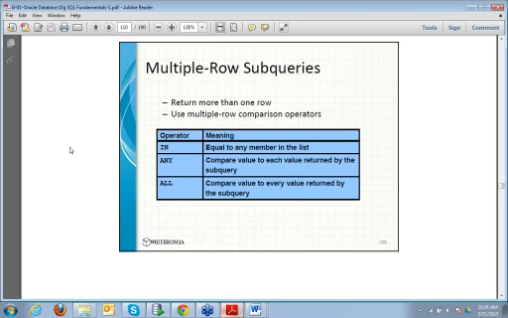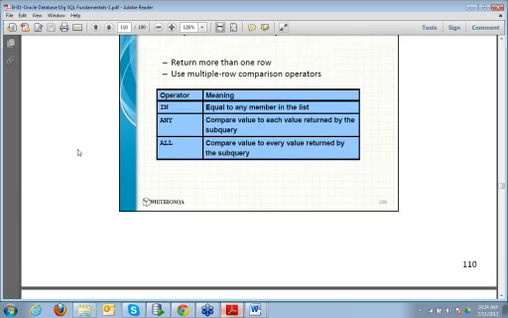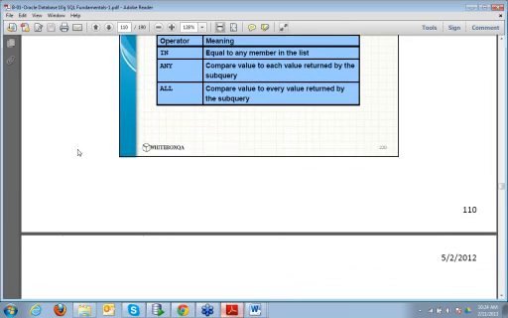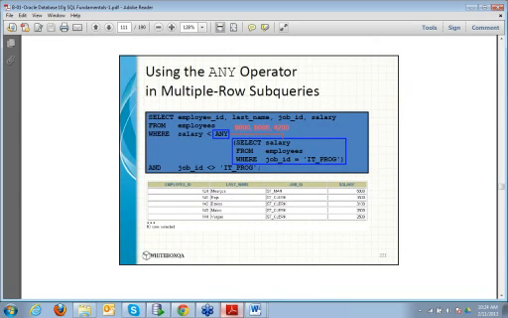IN means, let's say, equal to any member. ANY and ALL can be used with greater than and less than. For example, here the subquery is resulting in three values, 9,000, 6,000 and 4,200, right? Then what does it say?